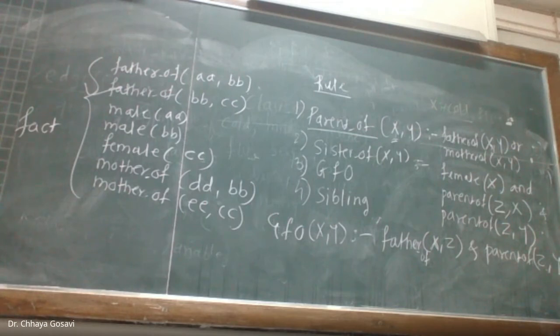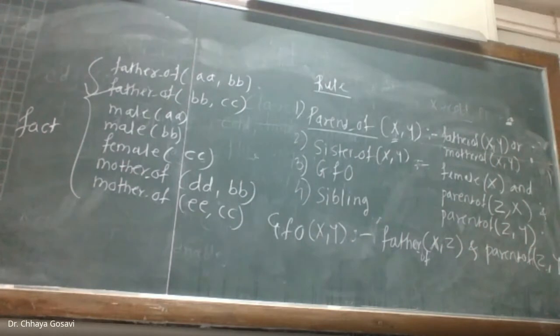Fact P states that the goal of rule P is true. That means to check whether that query or goal is true or false, we have to match it with the fact. So the fact will tell you whether that query is true or false. If you didn't find it in the facts, you have to use the rules to solve the query.